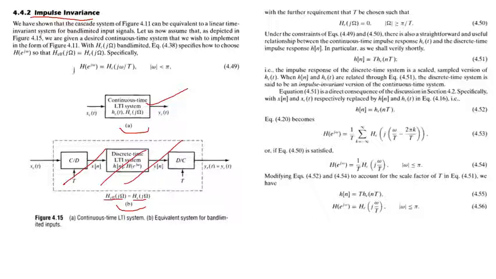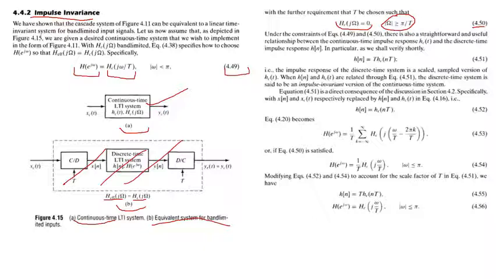And here we are talking about the frequency response of the discrete system. If you know the frequency response of the discrete-time system, you just need to convert it into continuous, because this overall system is a continuous-time LTI system, the equivalent system for band-limited input. If we look at equation 4.50, the response of the system will be 0 beyond this limit, because for band-limited input the response should be 0. So by looking at this equation and equation 4.50, if we compare them, we see that